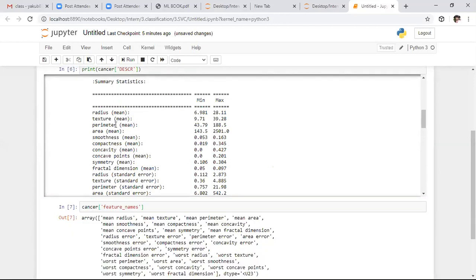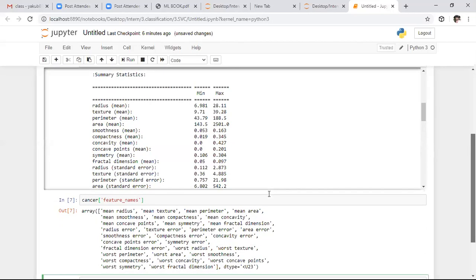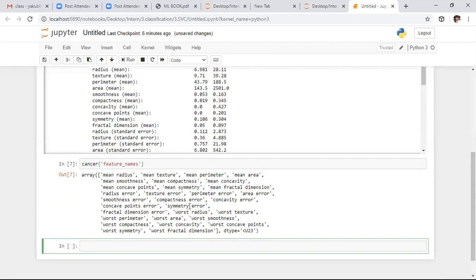We already saw all these features in the dictionary description itself. These are the different features they specified for this data set. After this, with this data, we need to create a data frame. I am showing that result in the data frame attribute. So here I'm saying pd dot DataFrame. I want to create a data frame here. With which data do we need to create it? From the cancer dictionary, with the data, I want to create a data frame.